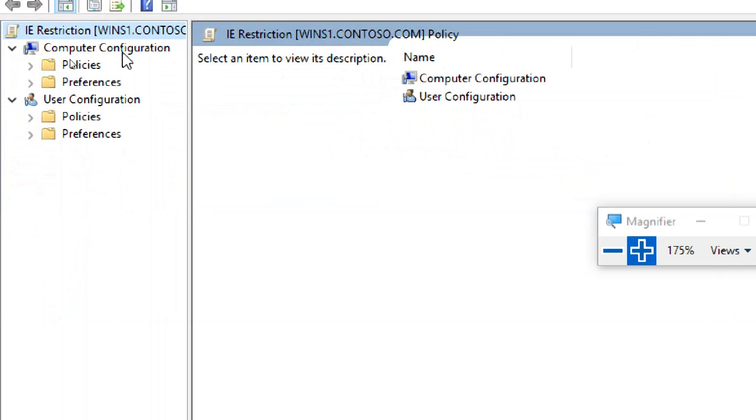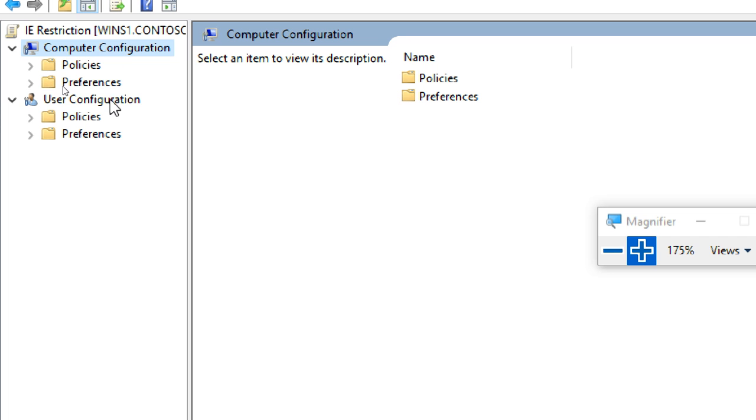In this one, two configurations are there: Computer Configuration and User Configuration. What is a Computer Configuration? Whatever settings you make under Computer Configuration are applied on a computer basis. It means any user who logs into that computer, the policy is applied on everyone. For example, I want to deploy an application to a computer. Then I deploy it, and any user who logs into that computer can access it. Okay,